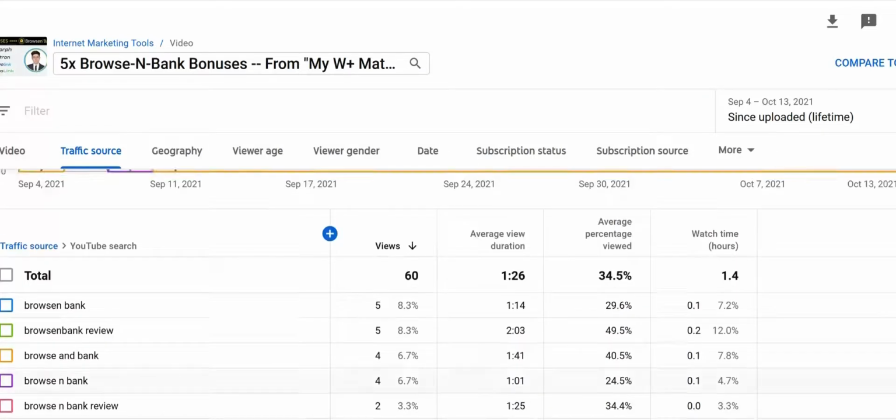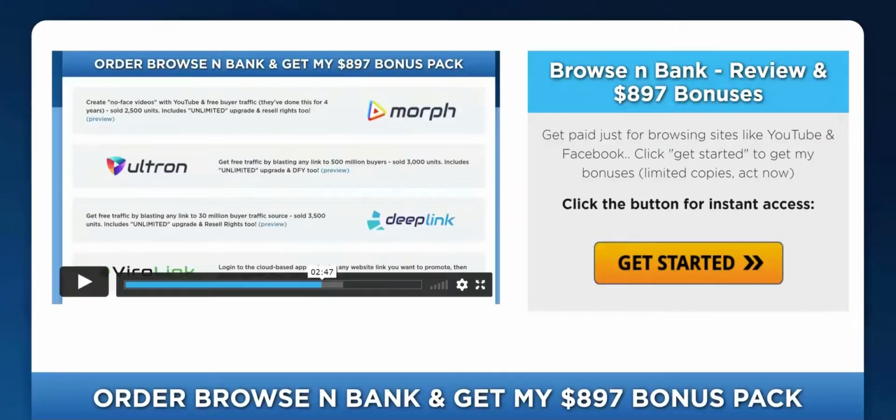Now, the thing about this, and the reason I wanted to bring this one up, is that people don't know how to spell the name. So is it Browse and Bank? Is it Browse and Bank, one word? Is it Browse and Bank? Is it Browse space and space Bank? And so for these ones that have got typos in them, you can put a few different variations of the product name,